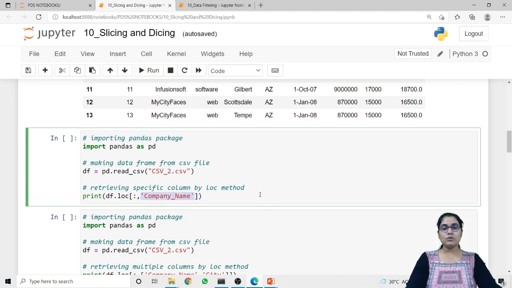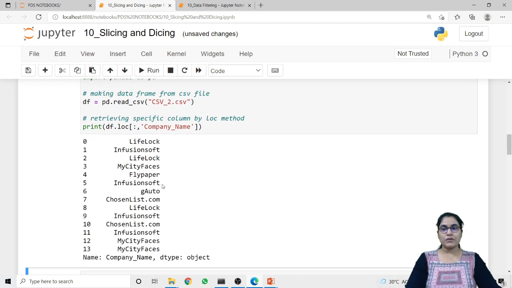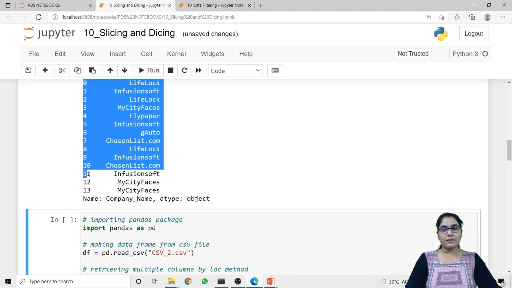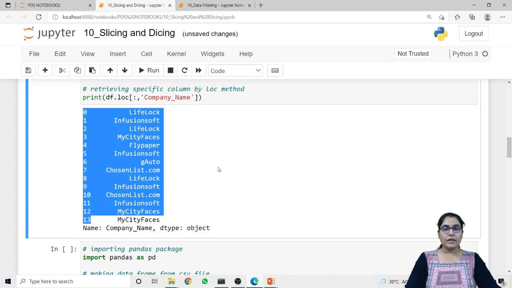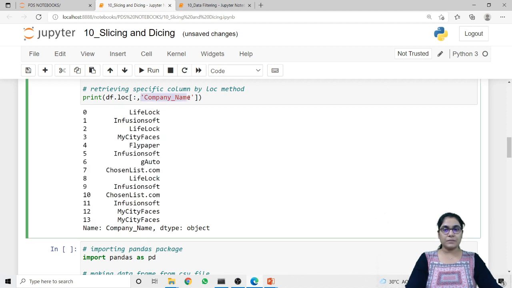As I want to print only the name of the company, I am passing the column name, that is company_name. So let's run this code. Here you can see that all the 14 records are returned, but they contain only the company name, as I have specified company_name in the column parameter but kept the row parameter empty. So it has fetched all the rows, right?